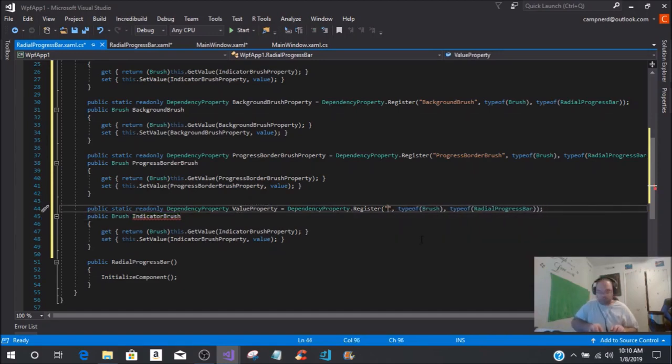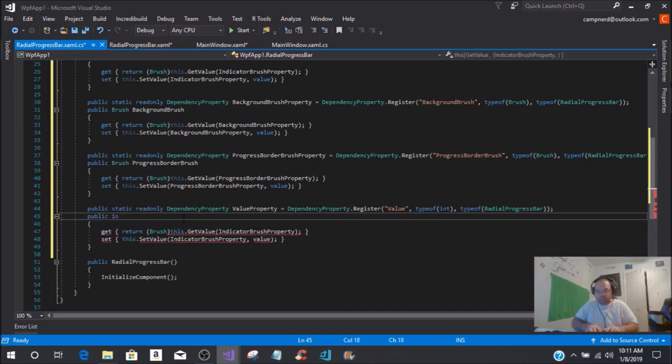So we need to put value, and then this is going to be a type of int, and then it's going to be the type of radial progress bar. So here we need to add this as a public int value,